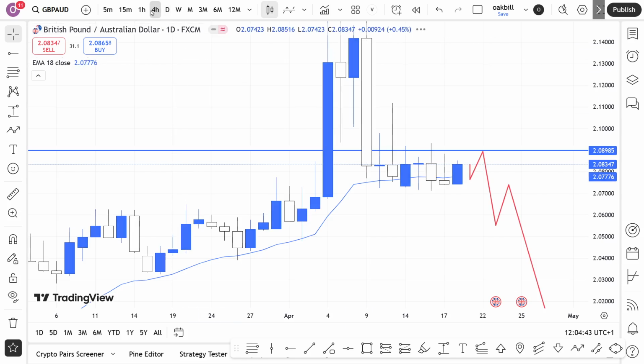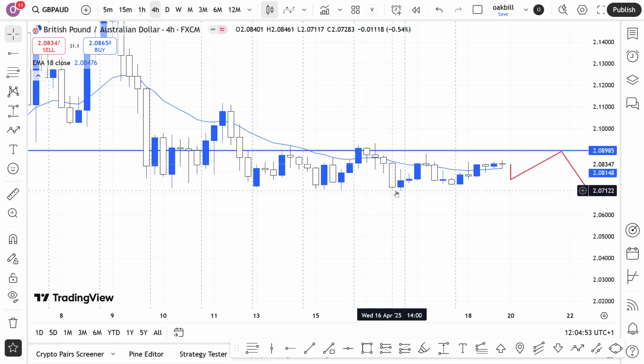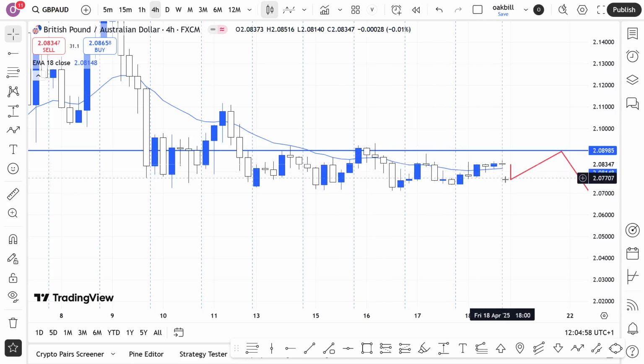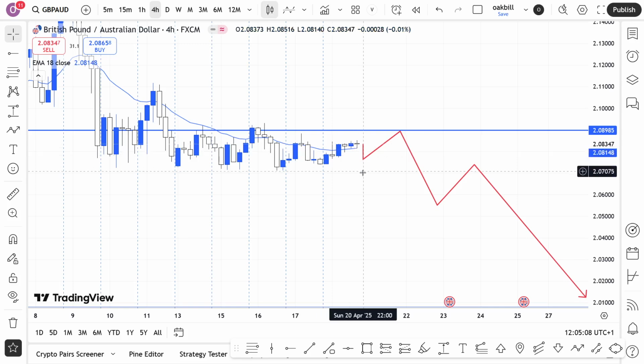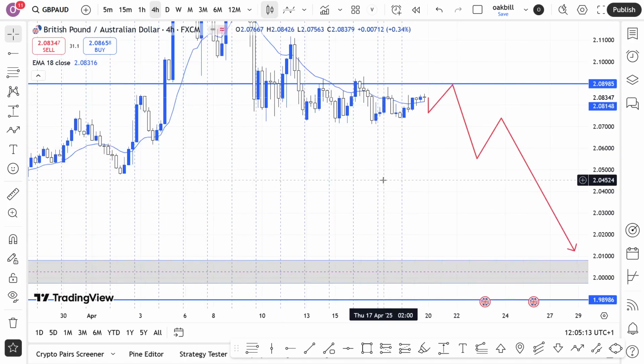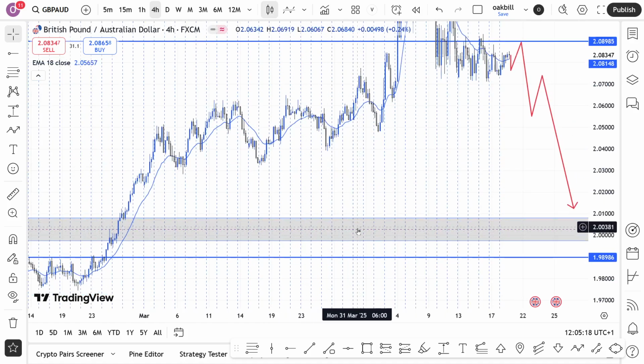If I step down to 4 hours, you see what the price is doing there. Every time price got there, it retraced back to this point. Price got there, retraced back to this point. Price has failed to get there. Then what is price doing? Price is consolidating. So we are expecting again for price to get here because it's a strong level, then break below all these lows here. Once price breaks below all these lows, our next location is this point here that I've marked.